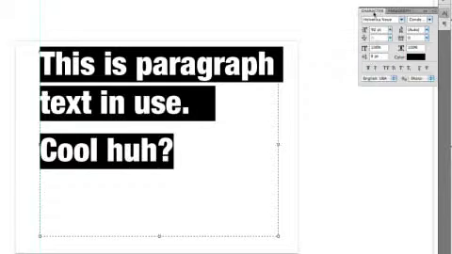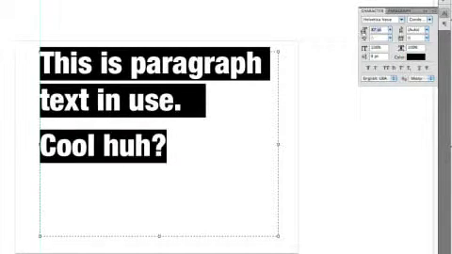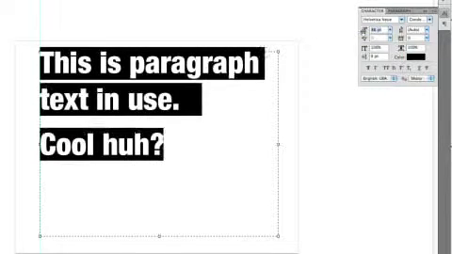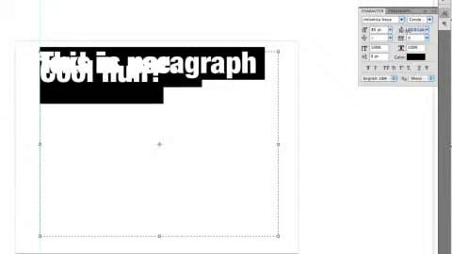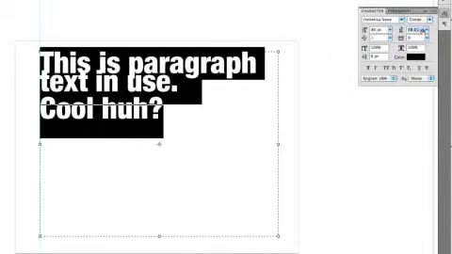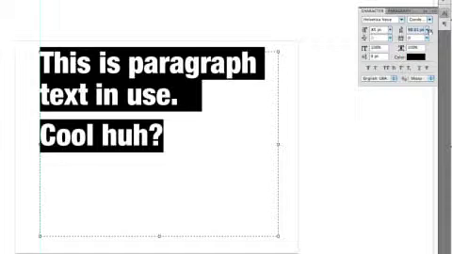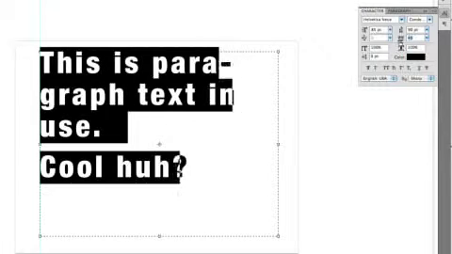Under the character panel, you've got all sorts of options. The ability to change point size, just like you would in just about any type program, plus the ability to set the leading. Remember, leading is the space between lines. Auto is a good default value, but you can tighten or loosen this as you see fit if you have to go ahead and put a little more text on the page. If you need to, you could track the text looser or tighter